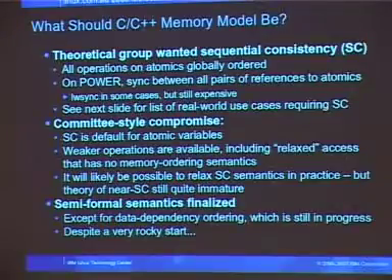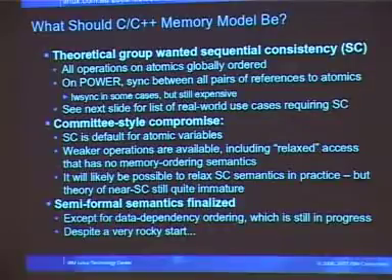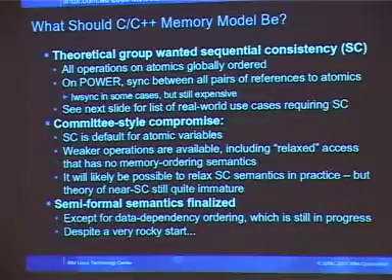Eventually we came to the usual committee-style compromise, which is that sequential consistency is the default for unadorned stores and loads. In other words, if you have an atomic variable and you just load from it, it's going to be sequentially consistent. If you just store to it, it's going to be sequentially consistent. You have to use the explicit store to get weaker memory access, which is okay.